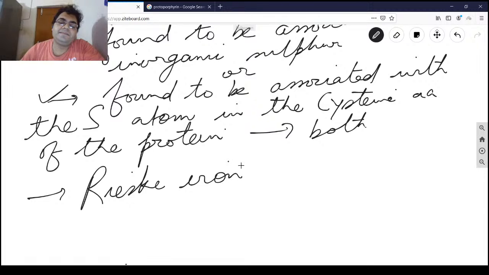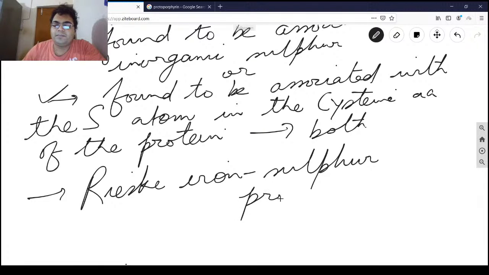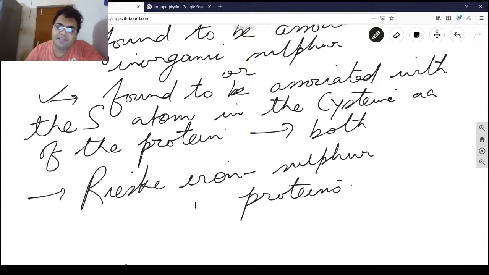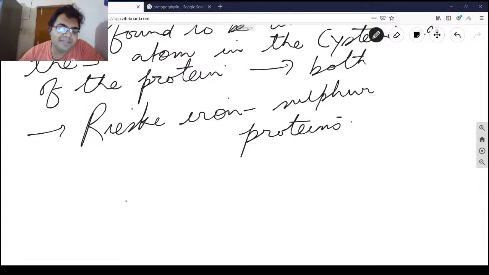Riske iron sulfur proteins, named after the discoverer John S. Riske. Okay. Now, what happens here is,